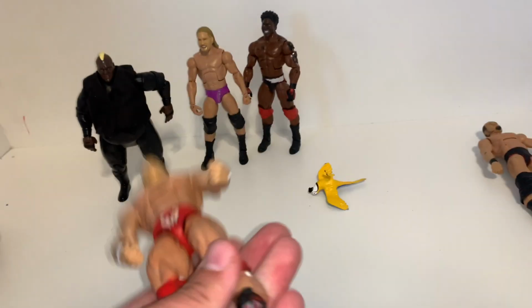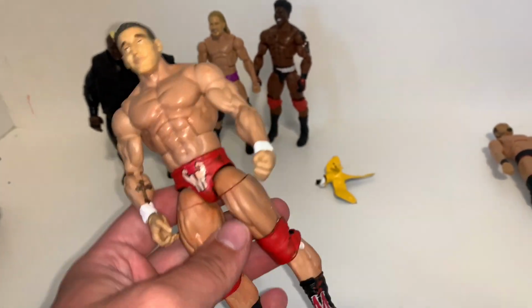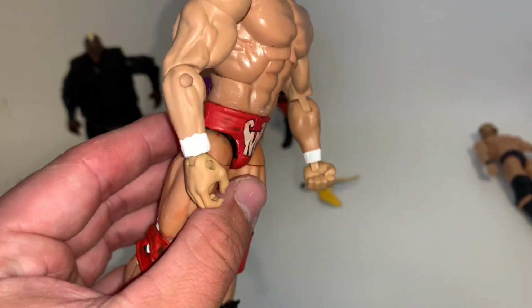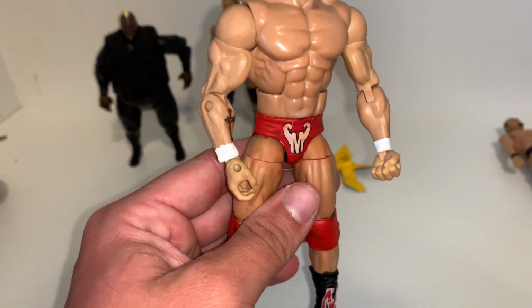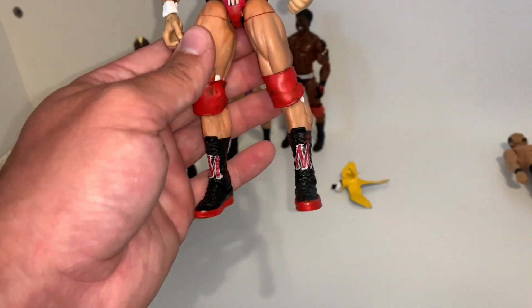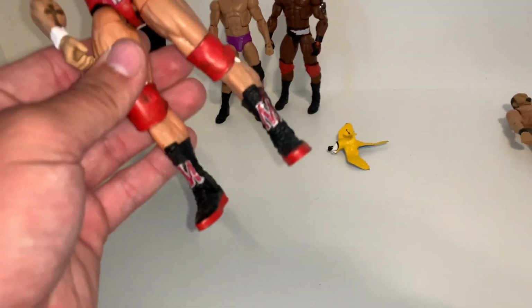So what I want to do with this, of course, I don't even know if I could reuse this for something because of how bad everything is messed up, like the torsos. I don't know. I don't remember. Did I paint on these? The freaking wrist tape? I guess I did, because they're crooked. This one looks kind of straight, but this one looks really crooked, so I must have painted them on. And then, excuse me, the boots were just awful,